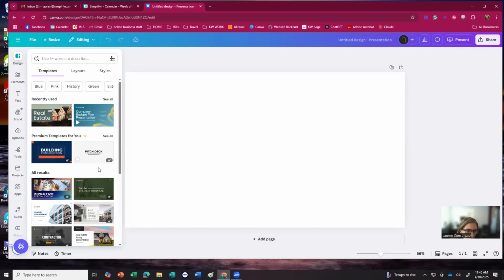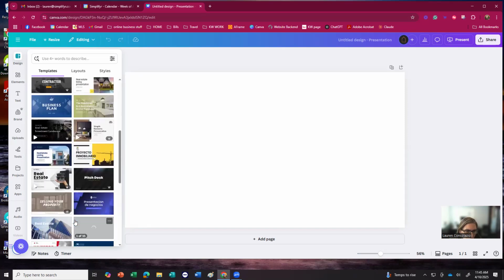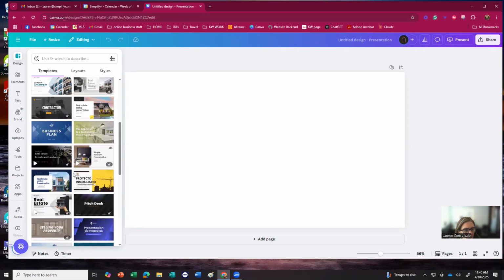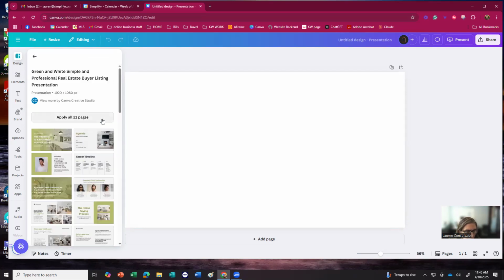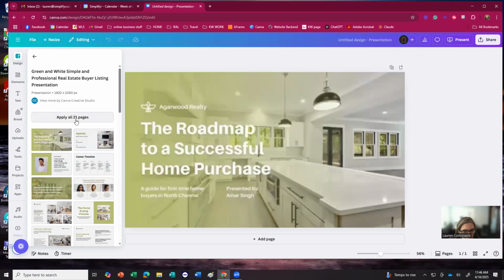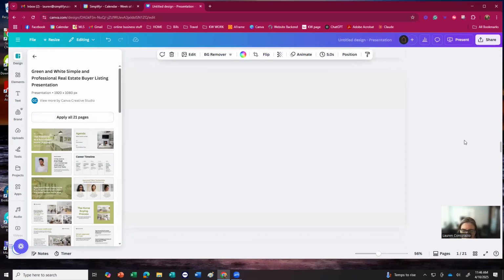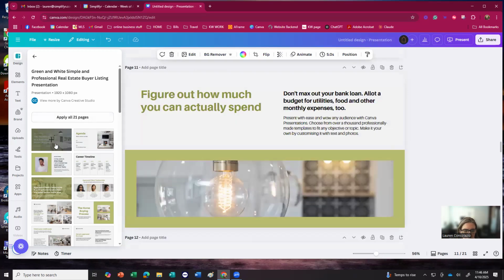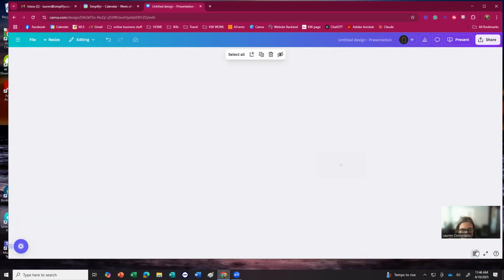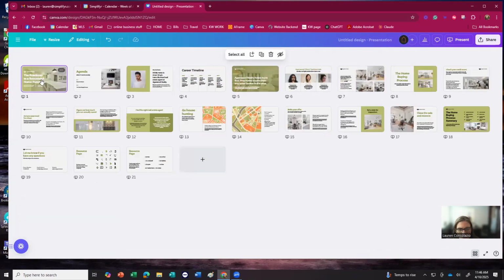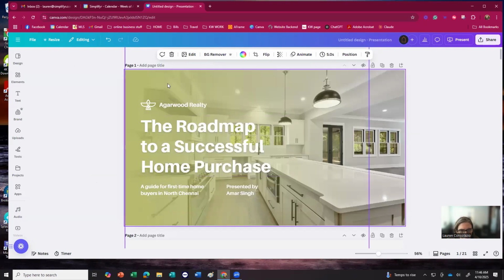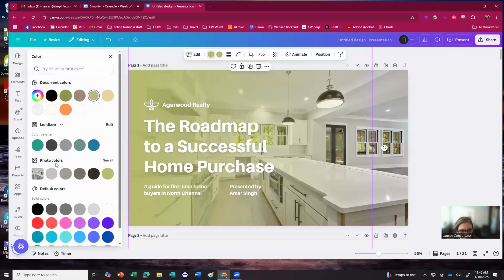So these are all templates that you can use to create one. Again, the crown is for a pro account. You have to have a paid account to see those, but the ones without are free to use. So I'm just going to pick this one for the example. You can either drag and plus certain pages, or you can just apply all the pages. Again, I'm not going to go through each and every way of how you edit these presentations. We're just going to do the talking part here, but you can obviously change the color scheme on things,